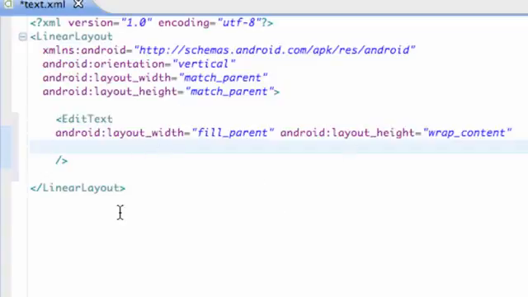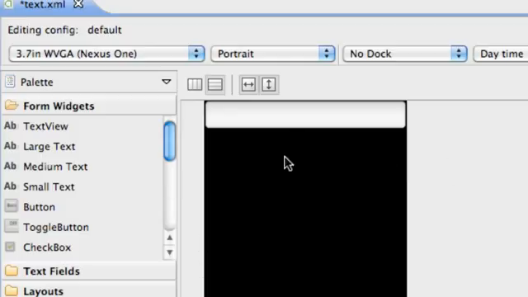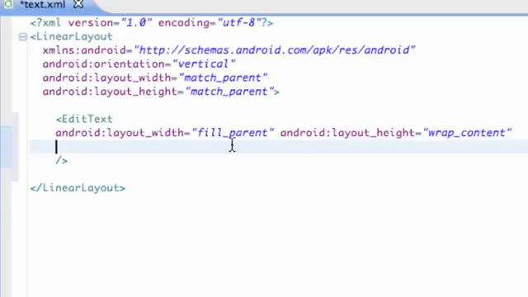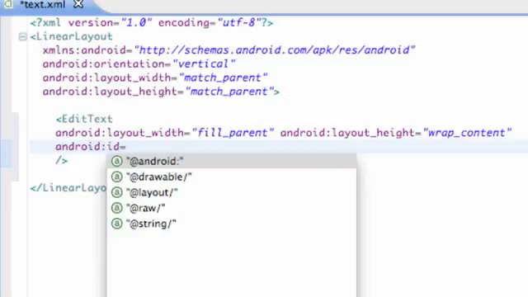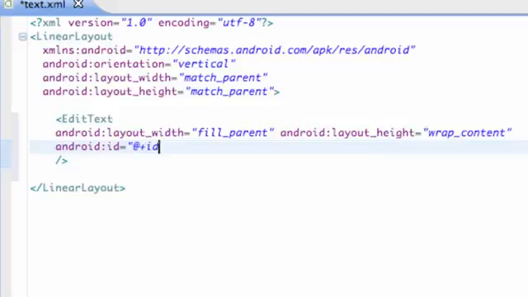But there we go. We have the setup for our text view, or I'm sorry, edit text, and that's what edit text looks like. You can put some input in there, some text or whatever, and we're also going to give it an ID because we want to reference it in Java. So Android ID equals, within quotations, @+id/ and then ET for edit text, so we can remember it, and we're going to say